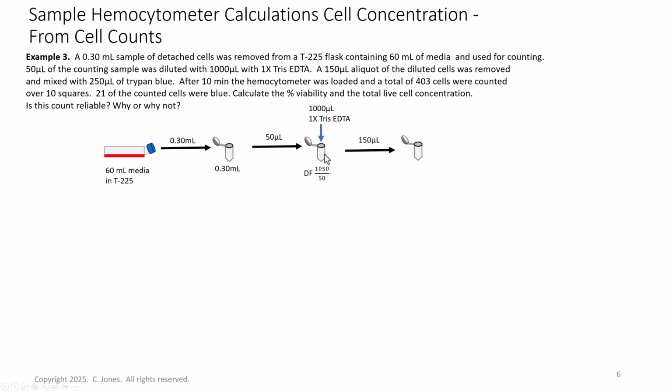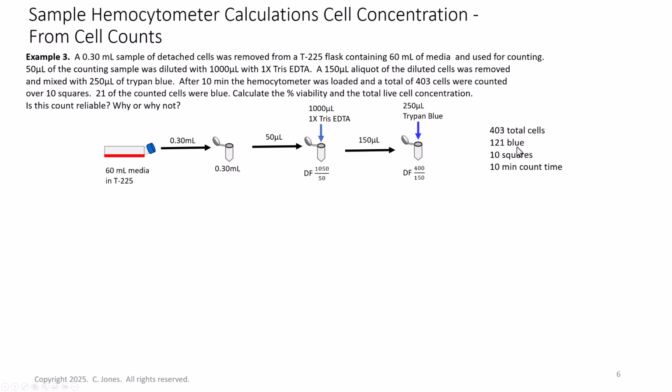We're going to remove 150 microliters of our tris diluted cells, right? And we're going to mix that with 250 microliters of trypan blue. And so now our dilution factor, final volume, is 150 plus 250, which is 400 microliters. And our initial volume is 150. All right, so now we do the count, and we got 403 total cells, 121 were